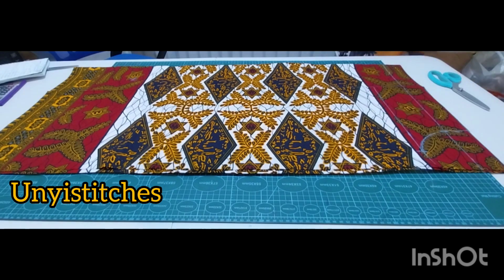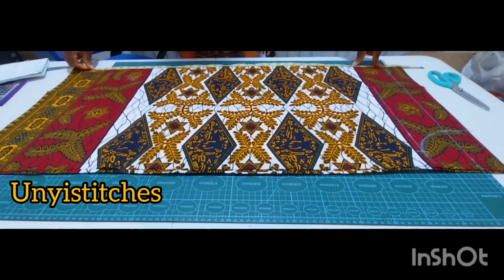This is my armhole. The next thing I will do now is go ahead and mark my full length. I need a full length of 40. I will place 5 on my starting point and mark 40 inches. So this is where I have my 40 inches